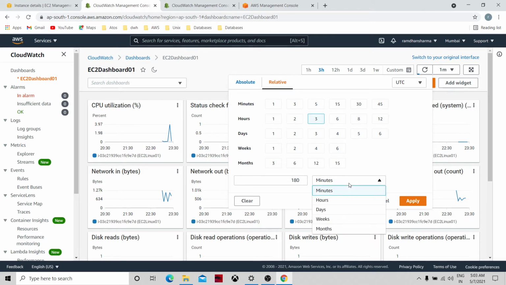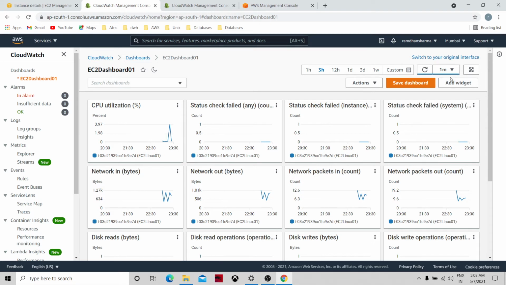You can also specify the refresh interval: 10 seconds, 1 minute, 2 minutes, 5 minutes, 15 minutes, etc., so that you have a refreshed dashboard at that particular interval.